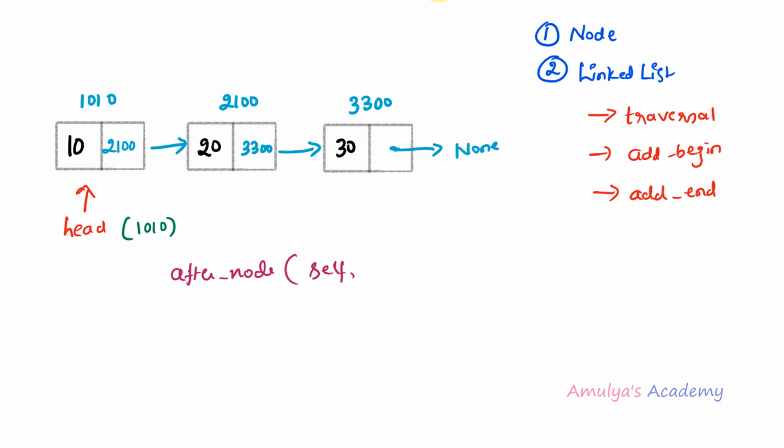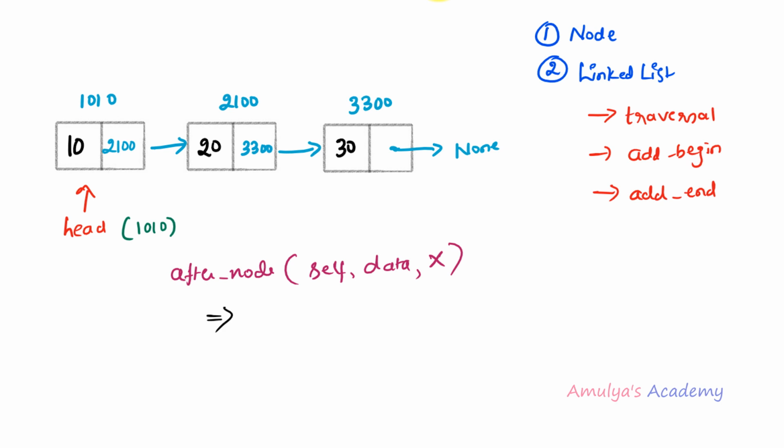The first parameter is self, comma. And the second parameter is data, because whenever we are performing the insertion operation, the data parameter is a must, right? The new node should contain a data field, so we need to mention the data. And we need to mention another parameter here, that is X. X is nothing but the node after which you want to enter the new node. For example, if I want to enter the new node after this node, then this node will be the X node. The data stored in this will be X. After 20, add a new node. That's why we are taking this parameter.